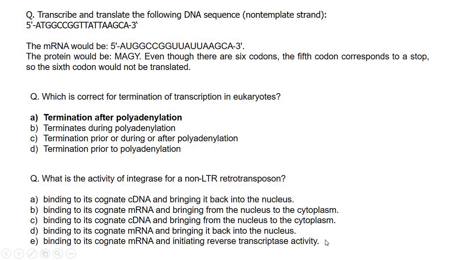Another difference between LTR and non-LTR retrotransposons is that in LTR retrotransposons, mRNA is converted into cDNA as a first step, and then in a second step the second strand of cDNA is formed before it attacks the new DNA sequence where it's going to insert itself. Whereas in non-LTR retrotransposons, the mRNA actually goes and attacks